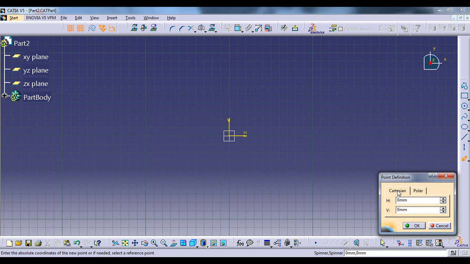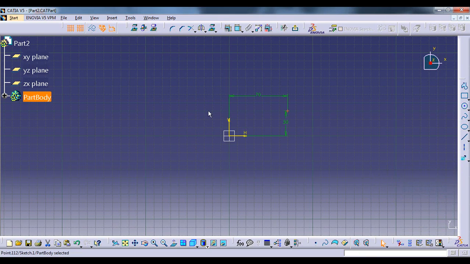So I will just select this Cartesian coordinate system and I will enter the horizontal distance as 70 and the vertical distance as 30, and I will simply press the enter key. So this is our point whose coordinates are 70, 30. Both the lengths that we have entered, that is of horizontal component and the vertical component, are both positive, that is positive 70 and positive 30. So that is why this point has been plotted in the first quadrant.